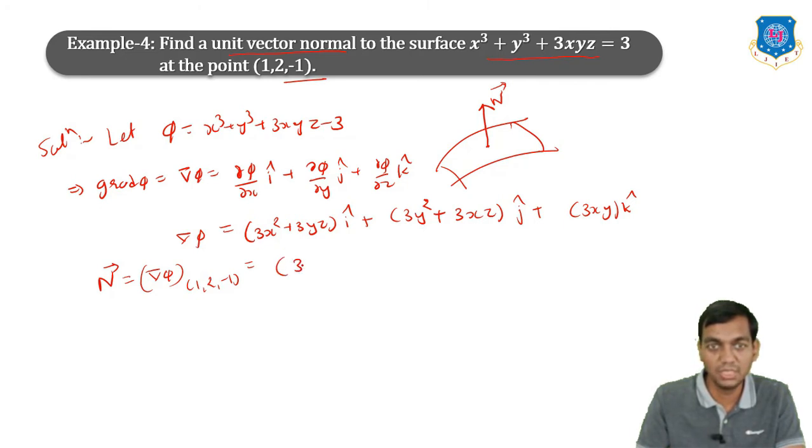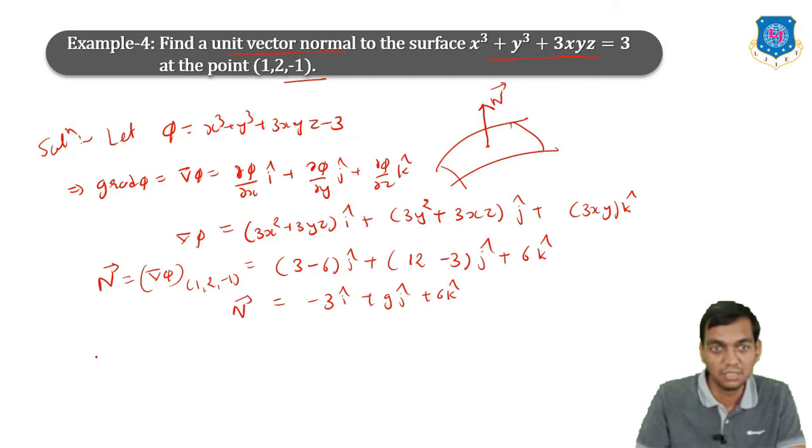So that will give you 3 minus 6i plus 3 into 4 is 12 minus 3j plus 3 into 2 is 6k. That means minus 3i plus 9j plus 6k is a normal vector,